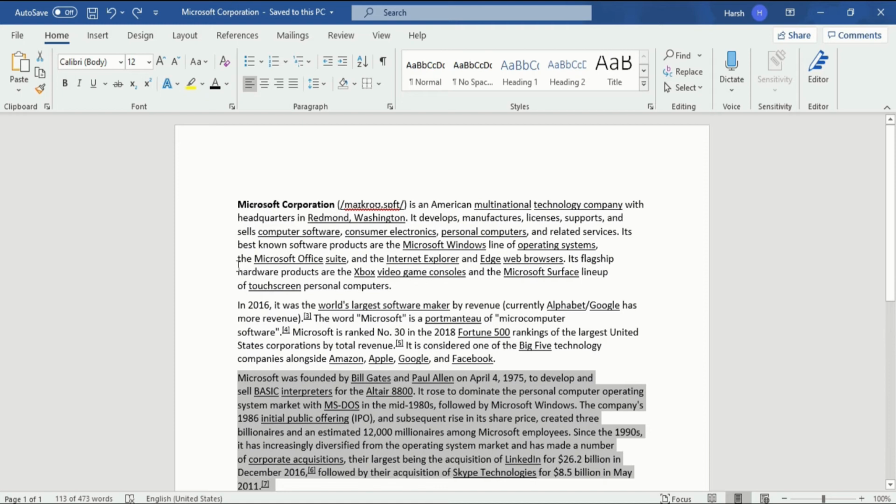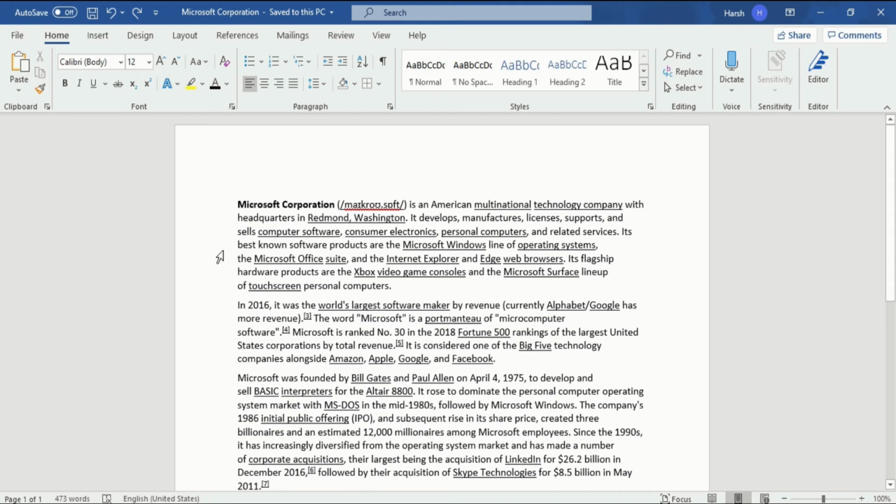Now in certain cases I want to make a line in between these two paragraphs. In that case, how can I do that? That is quite easy. You just have to click right in front of the paragraph, just above where you want to enter the line. Like in our case, I want to enter the line above this paragraph and below this paragraph. So where do I click? I will click in front of "in". So this is where I should click.